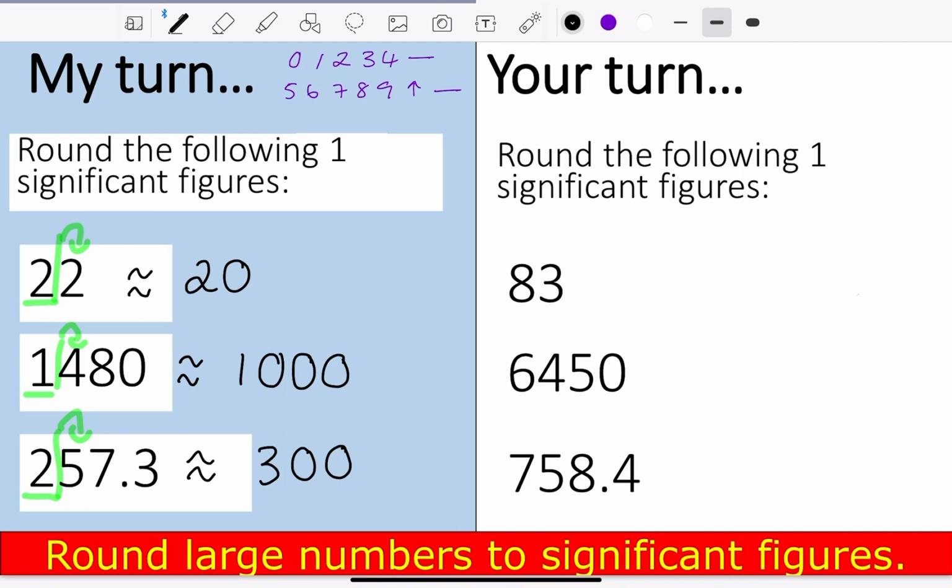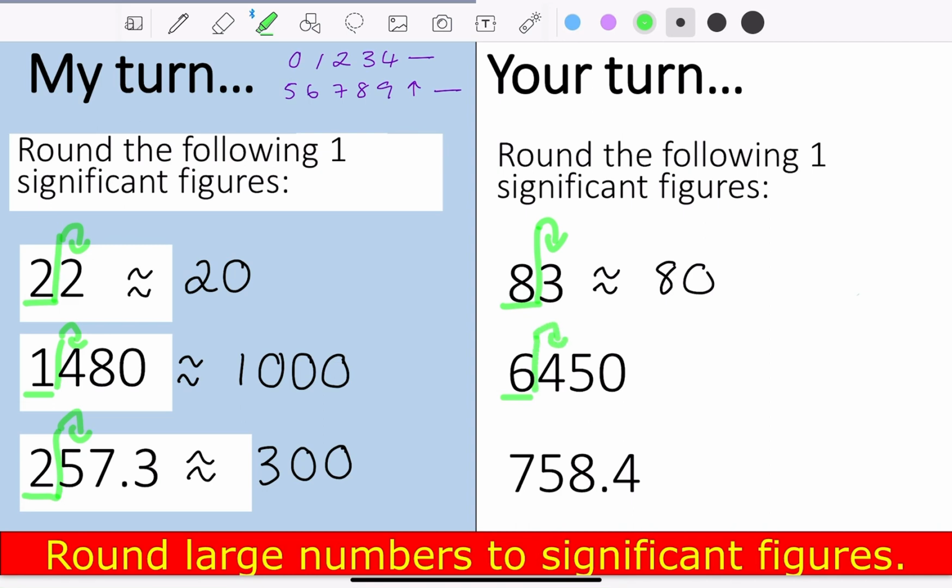Your turn. So once again, we're looking for the first significant figure to round to. So again, it's always got to be non-zero. If you hit a 0 first, you need to look at the next place value that is a non-zero. Here though, we've got 83. The 10 is higher than the unit. My neighbour is 3. 3 keeps us the same, so my rounded value is 80. The next one,